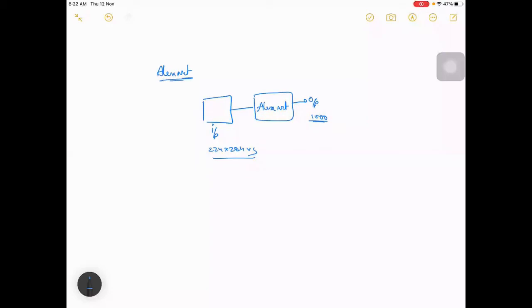It has been trained for 1,000 classes on the ImageNet database. There is a data set called ImageNet which contains those 1,000 classes. So your output will be like 0, 1, 2, and so on up to 1,000, and these will be things like dog, cat, ship, airplane. I'm randomly writing a few, but it will contain those anyway.